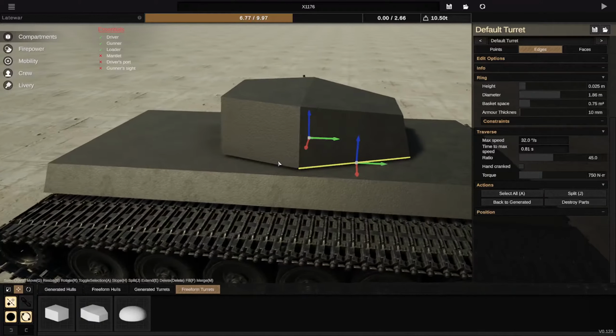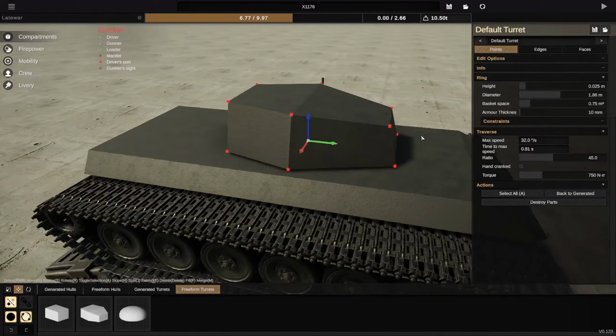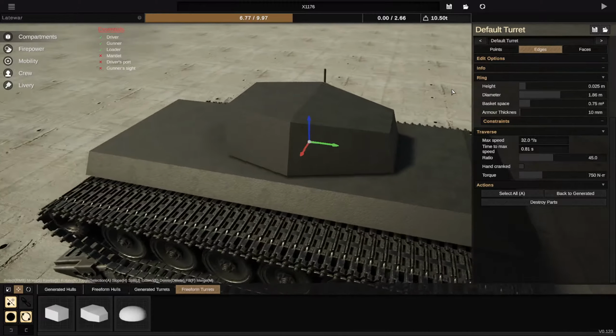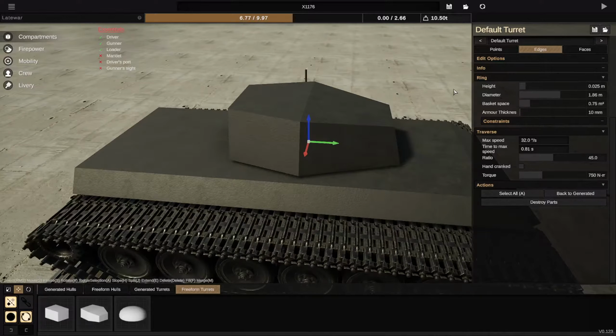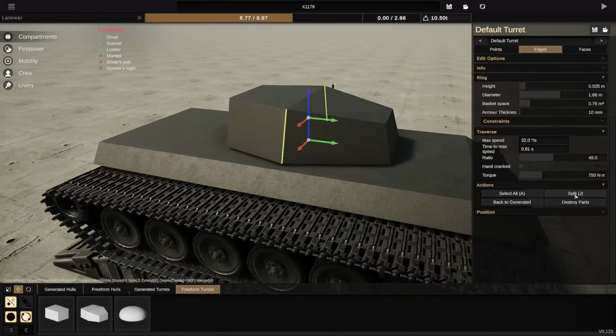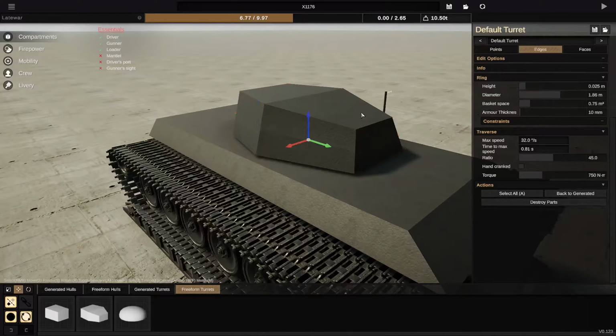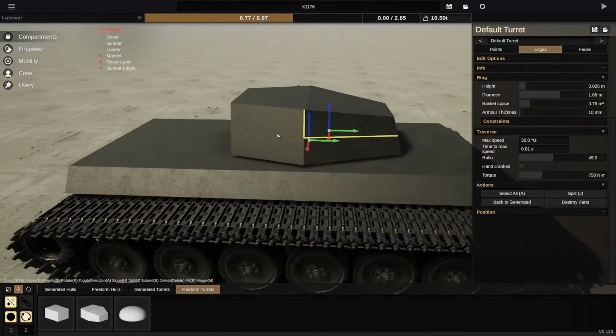Also, you can create a bit more points. So right now I have 6 points on each side. If I want to create more, so I can create a different, more complicated shape, I have to do something called splitting. And to split this turret here, I'm just gonna grab this and this, and I'm gonna split like so. And now, as you can see, I have a bit more points here, and I have a new edge, which is this one,